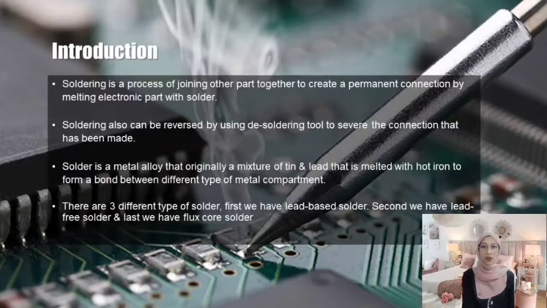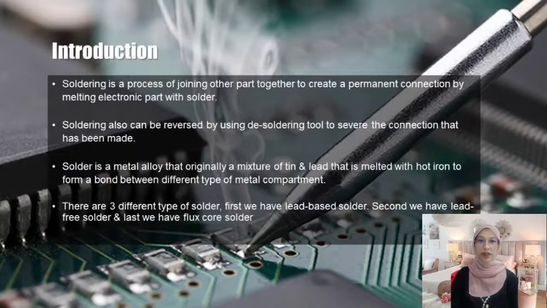Second, soldering also can be reversed by using a desoldering tool to sever the connection that has been made. In contrast to welding, the workpieces are not melted when soldering. Brazing also doesn't melt the metal of the workpiece, but the filler metal melts at a higher temperature than in soldering. Historically, all solders contain lead, but environmental and health concerns have increasingly directed the use of lead-free alloys for electronics